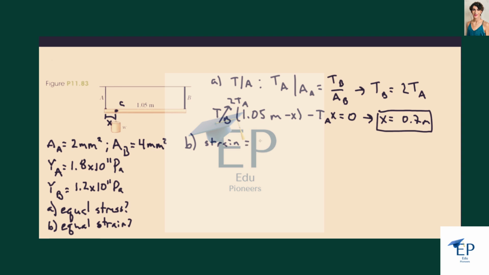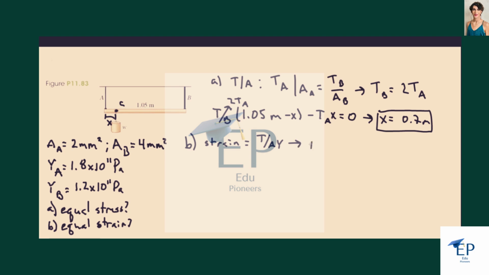And we know that the strain is equal to the stress, which is going to be tension divided by the area, divided by the Young's modulus. So setting this equal for A and B, we find